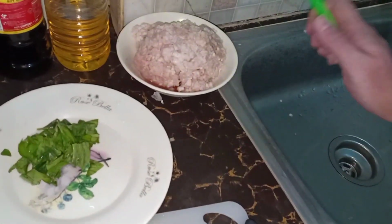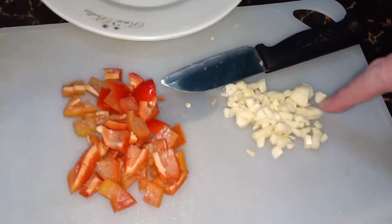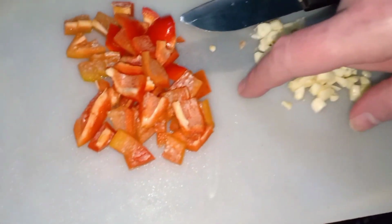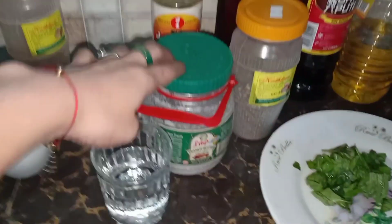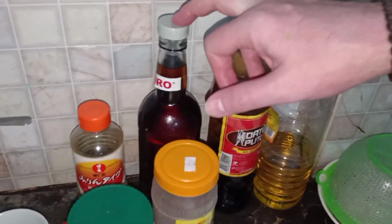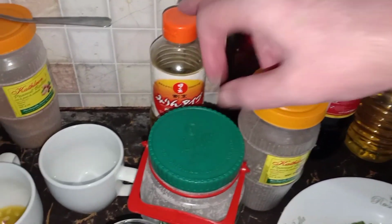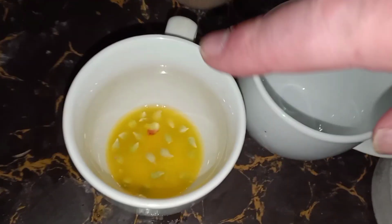Here's the ground pork. Lots and lots of garlic. One bell pepper. This should be cilantro, which is coriander, but we don't have any growing, so I'm doing a basil substitute. Salt, black pepper to taste, oil for cooking, soy sauce, fish sauce, Japanese rice wine I'm using, sugar, and